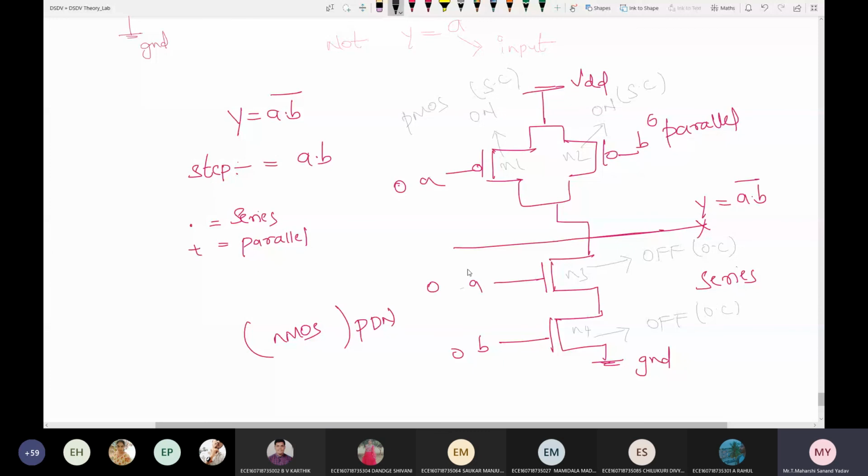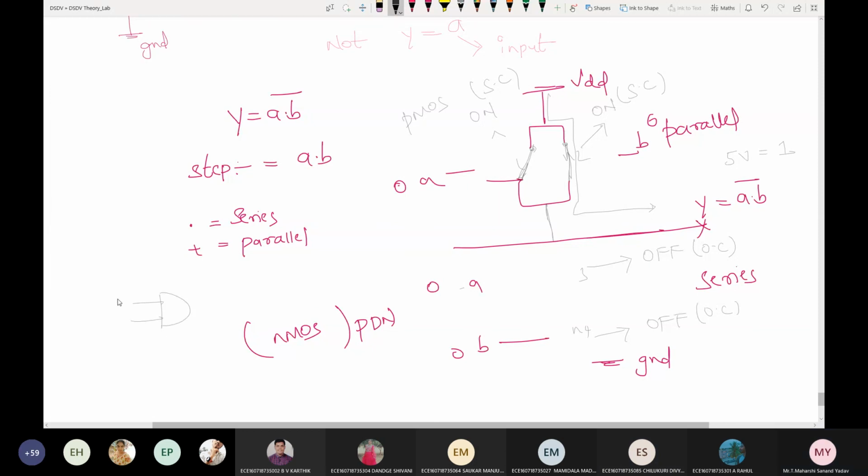As it is an open circuit, I'm simply erasing it instead of drawing it again. I'm erasing this part, so nothing is connected to ground. As this is on, it will act as a short circuit. These two are shorted and they are connected to the output. Now what will be the output? See, VDD, 5 volt, by using this path is connected to the output. So the output will be 5 volt. What is the value for 5 volt? Logic 1. So this is a NAND gate. For inputs 0 0, what will be the output? 1. The same result we got.